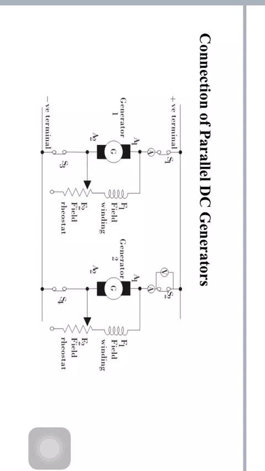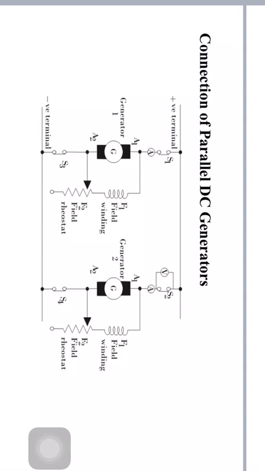The generators in a power plant are connected by heavy thick copper wire bars called the bus bars, which act as a positive terminal and a negative terminal. And to connect the generators in parallel, positive terminals of the generators are connected to the positive terminals of the bus bars, and negative terminals of the generators are connected to the negative terminals of the bus bars. We can observe in the diagram.